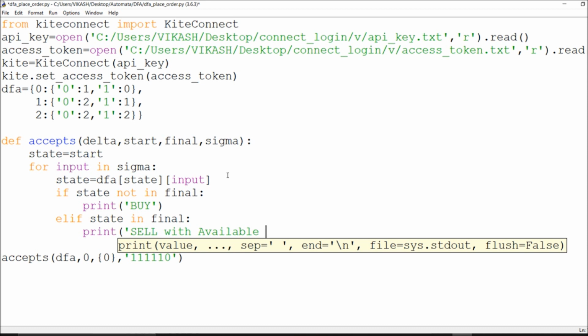Whatever I go with in my buy statements, at the end I will conclude everything. Every interval I'll add one more quantity each time. So this is a simple strategy.